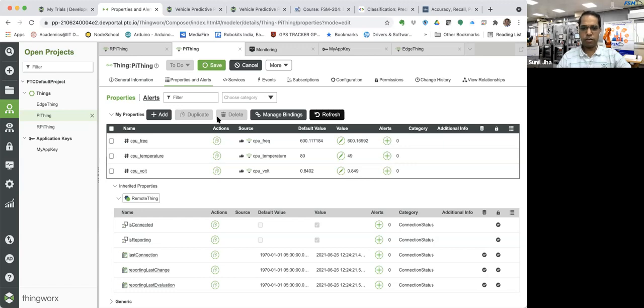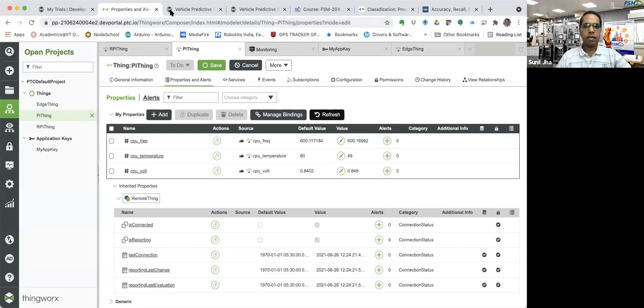So there's a complete tutorial on this. You can just follow those steps and you will be able to successfully create this EMS and communicate to the device that you have created as a thing in ThingWorx. So this is the first step that you have to accomplish. If you have any doubt till here, just let me know. Otherwise, I'm sure that you will follow these steps and you can make it happen.